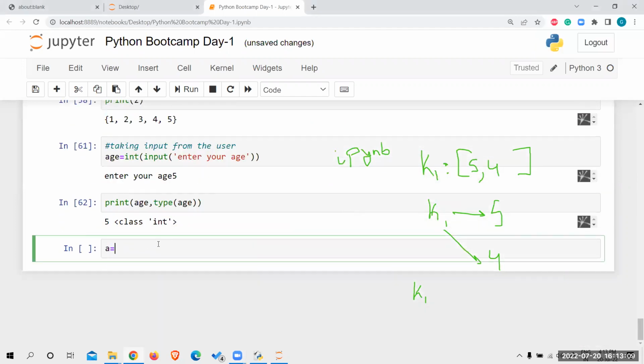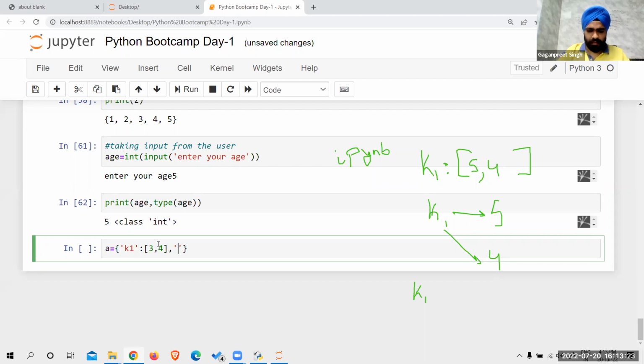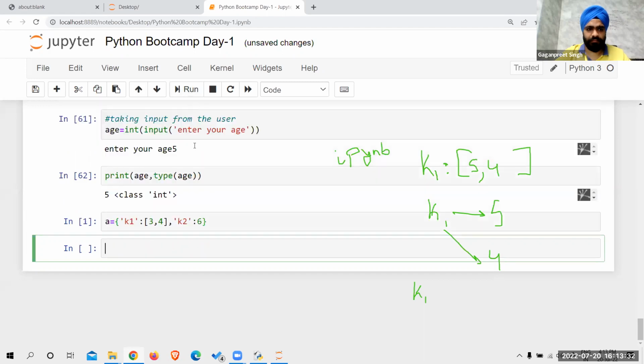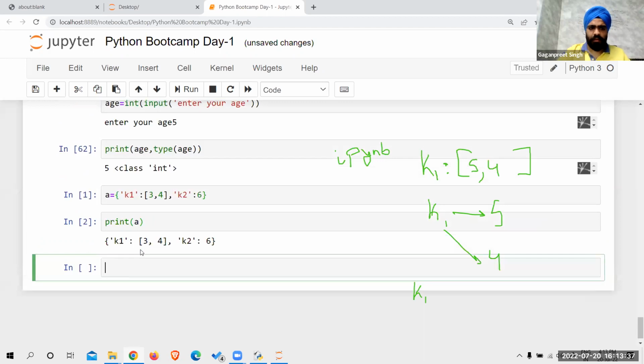Let's say I create one dictionary, A equals to, and within this K1 colon 3, 4, K2 colon 6. So this is my dictionary. Print A, I'll get this thing. Now if I access A of K1,